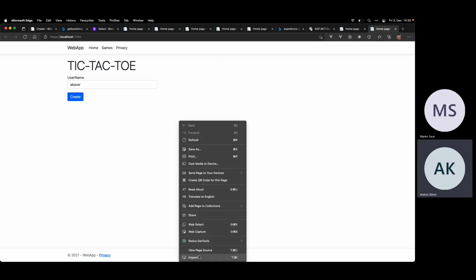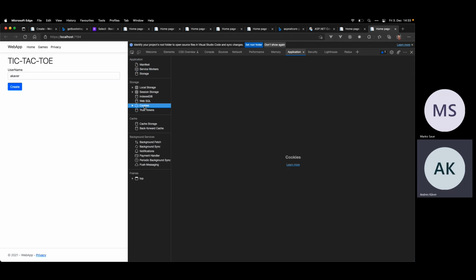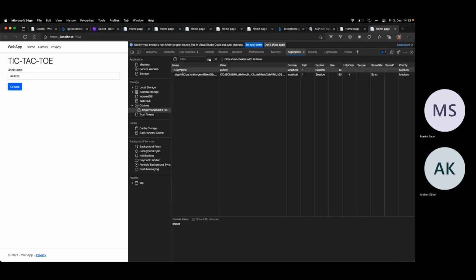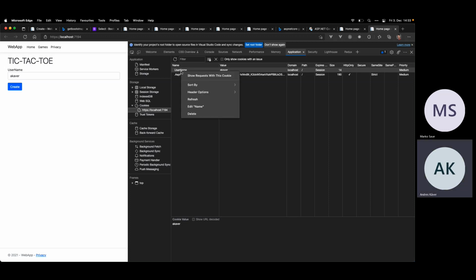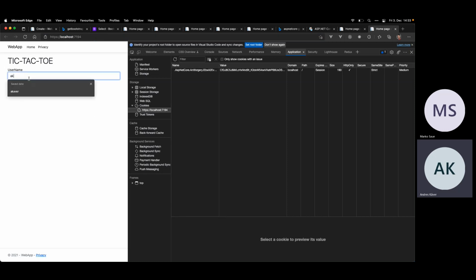So now I need to go and delete the cookie. Application, cookies. Username is here. So let's delete that one. So I don't have the username. The menu is gone. Time for it.